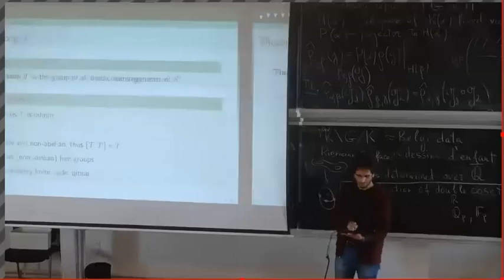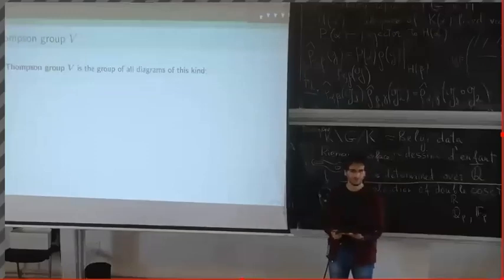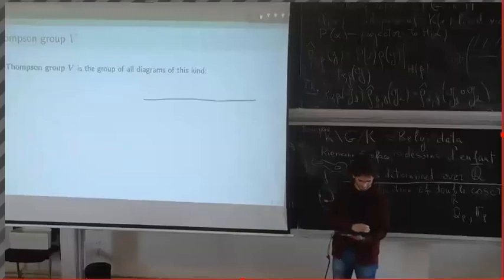About the last of the Thompson groups, I think Rachel will also introduce V and probably tell you a lot more about it. I will not give you the full definition here, but essentially you can think of V as being the group of these kinds of diagrams. You take two copies of the unit interval, and you cut in half, as you did with F. But the difference is that instead of the middle point being where the two halves attach, you are going to take two separate